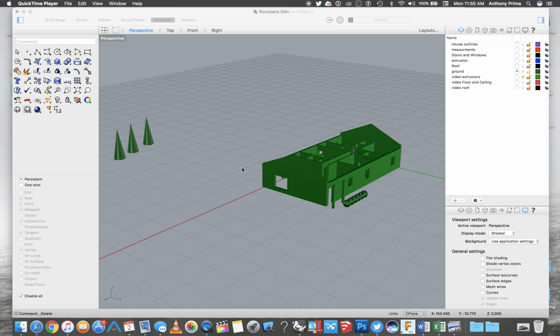Alright, welcome back to our video series on designing a 3D house in Rhino 5. In this one we're going to be looking at how to create a topographic map for our